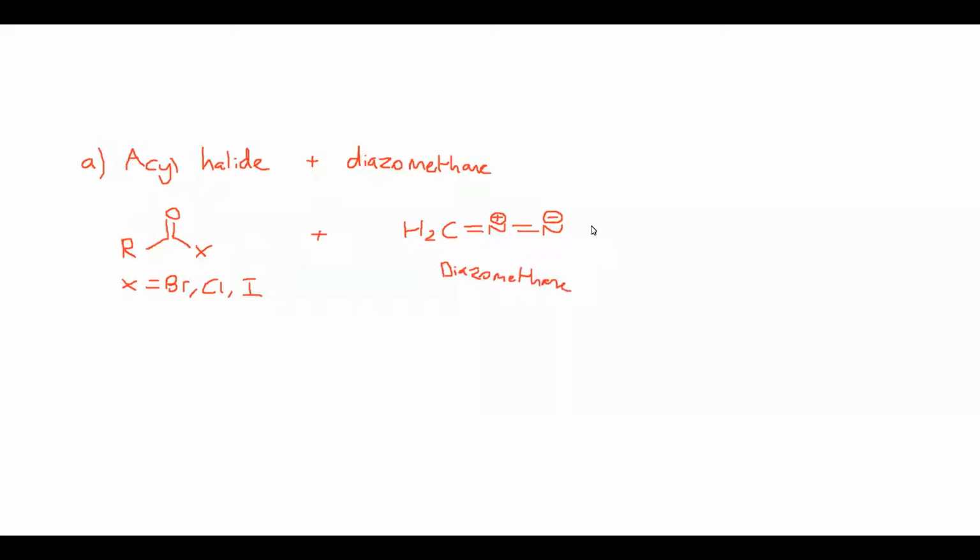and this exists in a resonance structure where we can move in this lone pair, move a pair of electrons onto the carbon to generate a carbanion. So we have a negative charge on that carbon, positive charge still on this nitrogen in the middle. And this sets up our carbanion, which is going to be our nucleophile in this reaction. So our carbanion